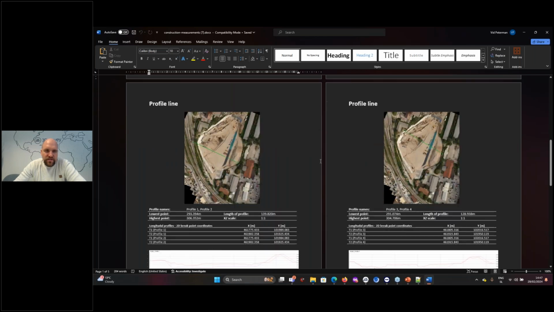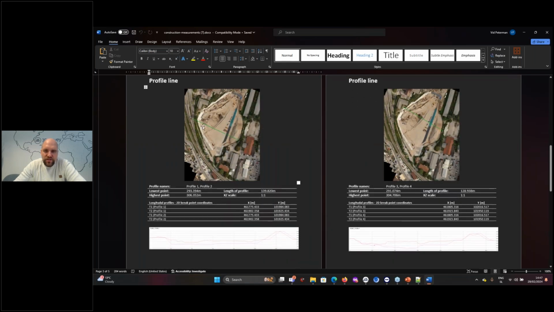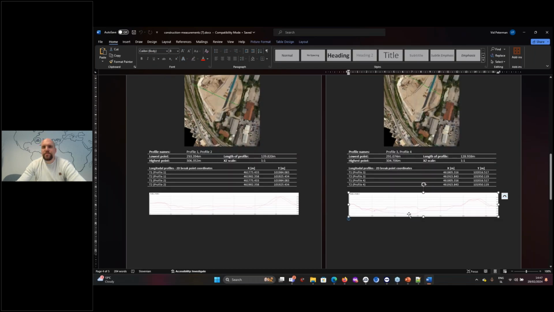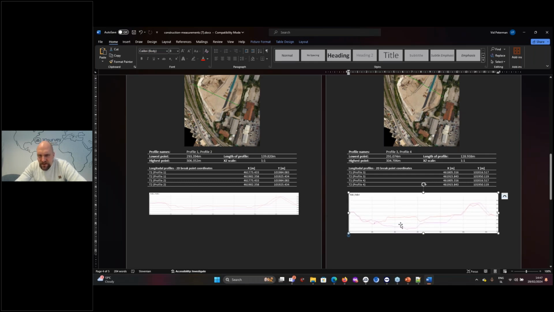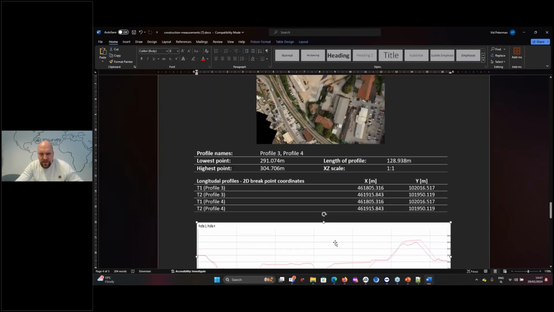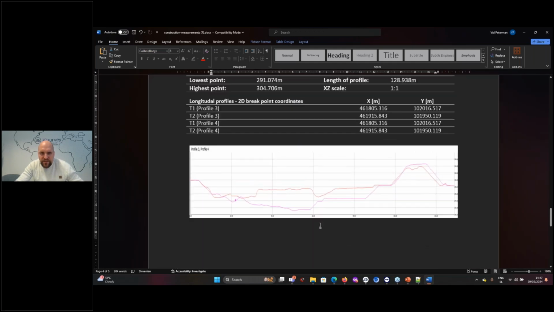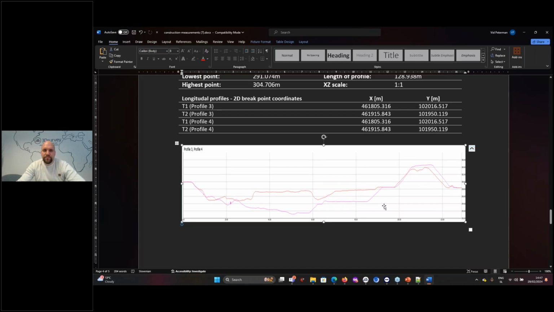And for vertical cross sections, we have the cross section position and how much that cross section is. So, you know, because every time when you do volume calculations, when you get to the people who are paying for the excavation, they want to check and they want to see, okay, for this area here, we had excavated that, and so the elevation changed by that much and that much. So, right.